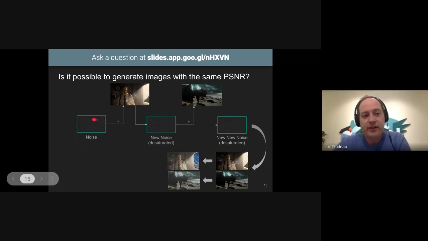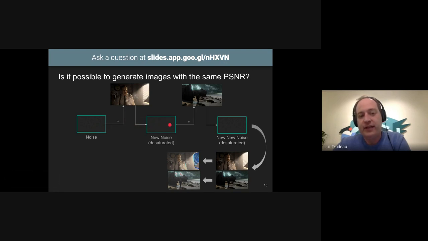So you start with your noise. I'm sorry if you can't see this well. This is just a normal noise pattern, some Gaussian noise, I think. And then you inject it into your first image. When you inject the noise into the image, it's going to saturate some pixels. That just means that if your pixels are capped at 255, when I add in the noise, I might go over. So I'm just going to clip all the values where the noise causes saturation or causes the value to go below 0. And then I get a new noise pattern.